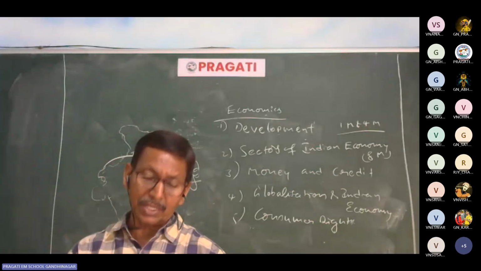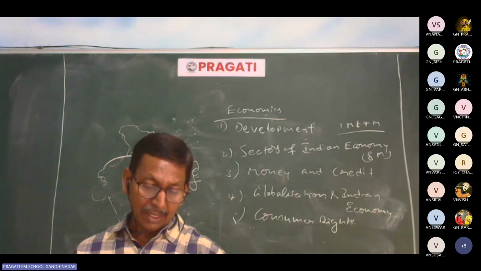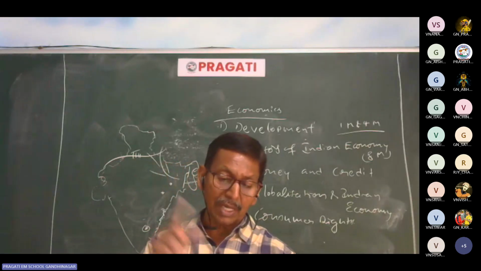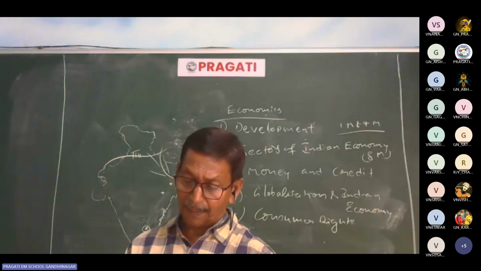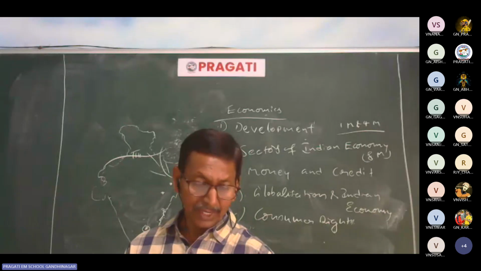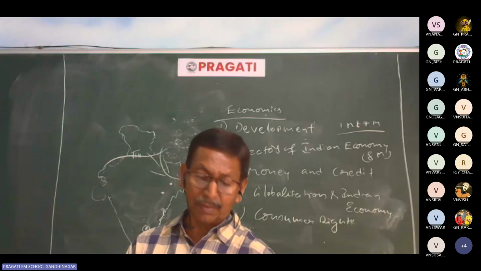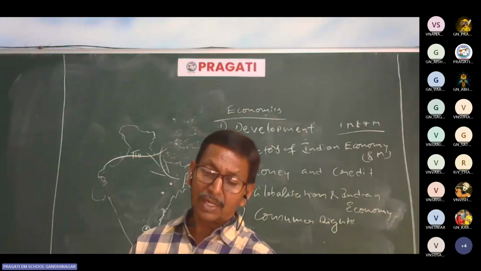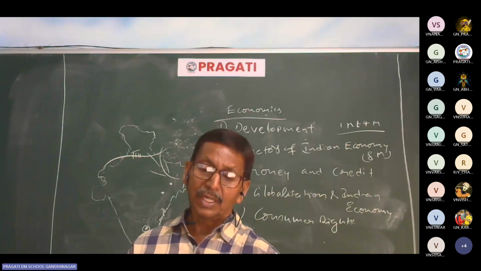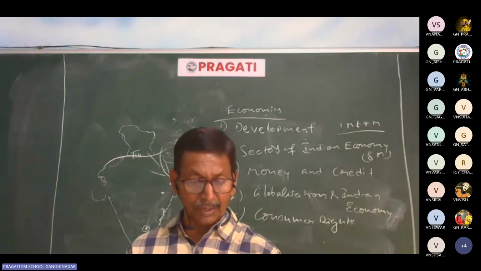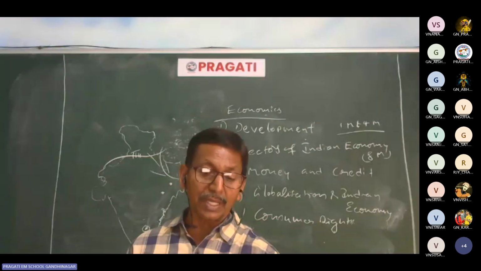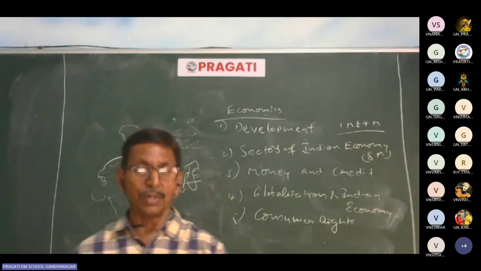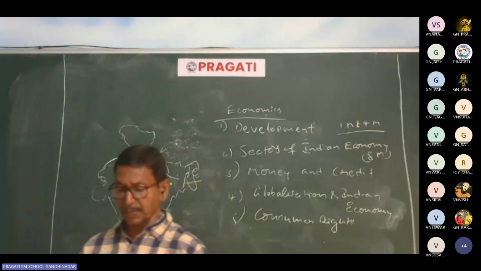Next, based on the table, you have to draw a pie chart. Based on the pie chart, you have to draw the table. Otherwise, there are questions based on bar graphs. What is development? Explain why different people have different developmental goals. Like that questions. Explain how we should be able to integrate environmental concerns with the idea of progress. Such type of questions.